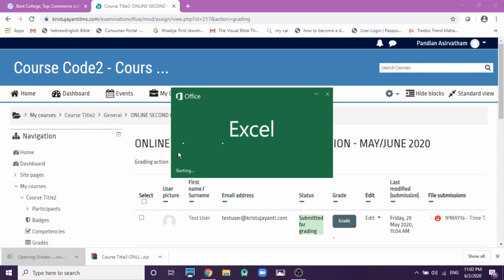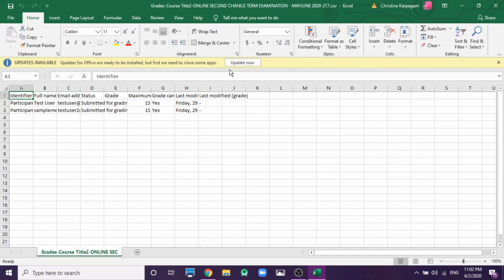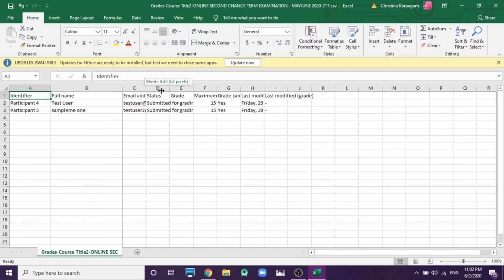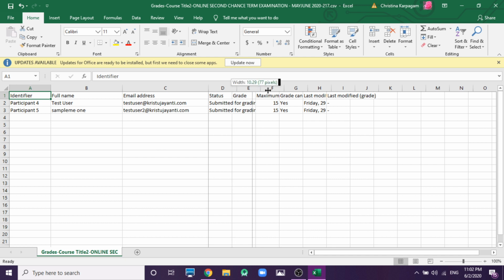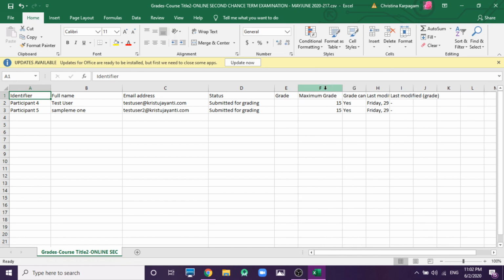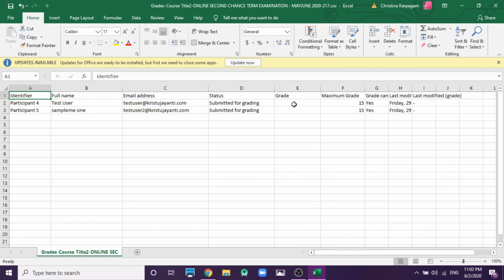You can see here the entire student name and details, and the grading process. You can see the participant identification number, the full name of the student, the email address, and the status is submitted for grading. The maximum grade we have given is 15, and then what is your grading.